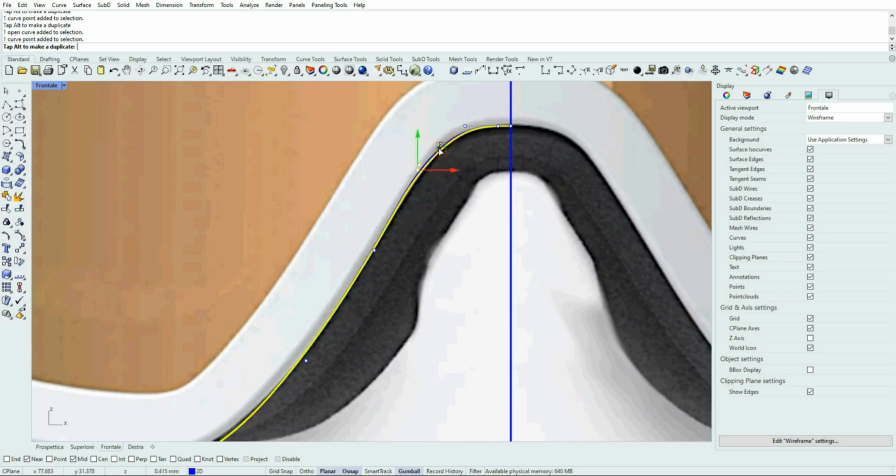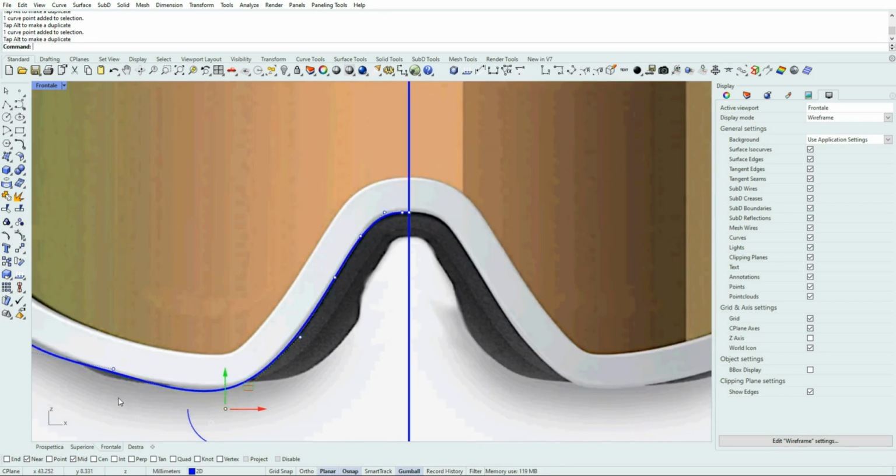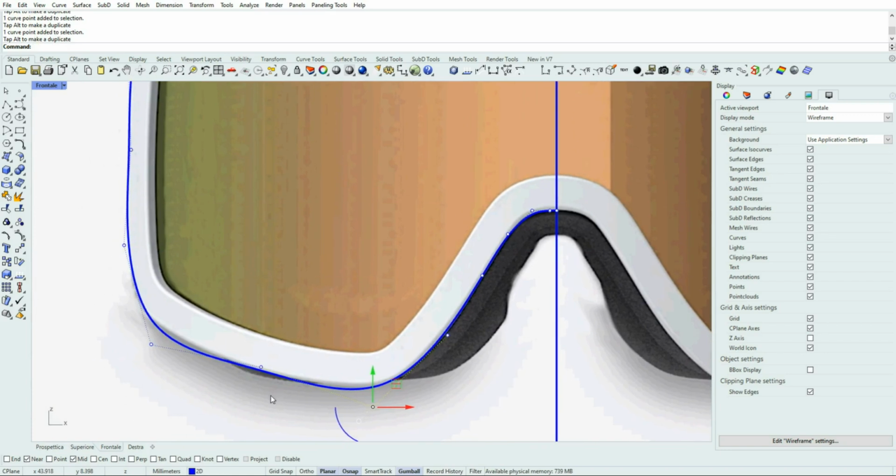Okay, I continue editing the curve. This process is crucial. We have to be a little bit patient in this stage, because the quality of the curves, this curve and others we are going to draw, is fundamental, it's crucial.